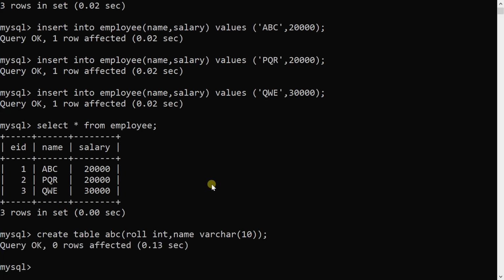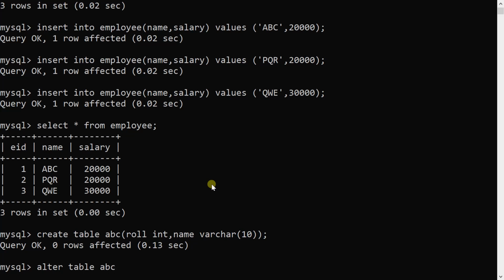So my table is created, but I have not mentioned any primary attribute or the auto increment feature. So how can we add that auto increment feature? That can be done by using the alter table statement. So I will use alter table. Which table is to be modified?